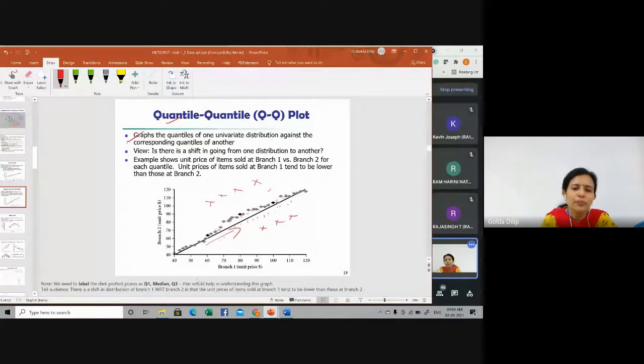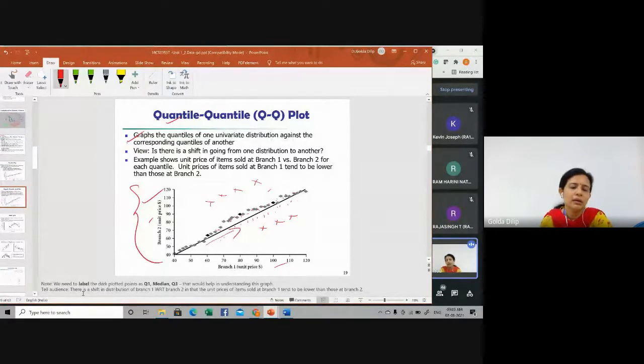You can see a QQ plot here. On the vertical axis you have the quantiles of one data set, and on the horizontal axis, the x-axis, the quantiles from the second data set. This is taken from the prescribed textbook.